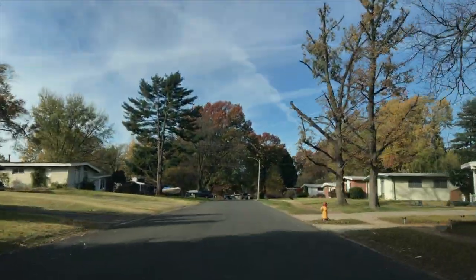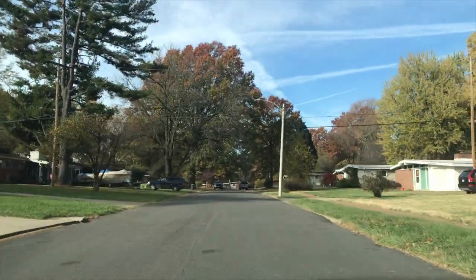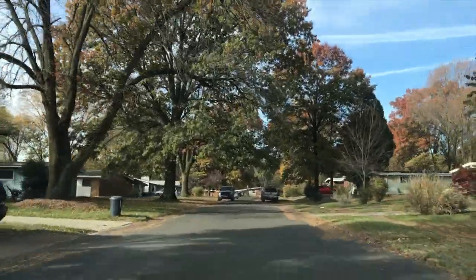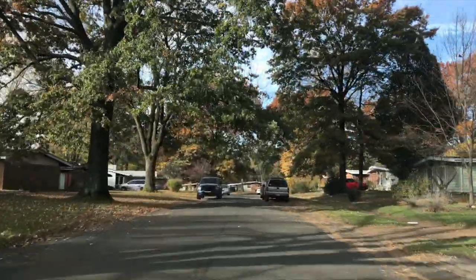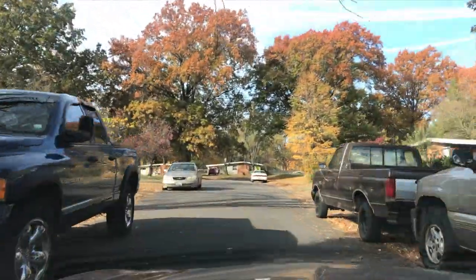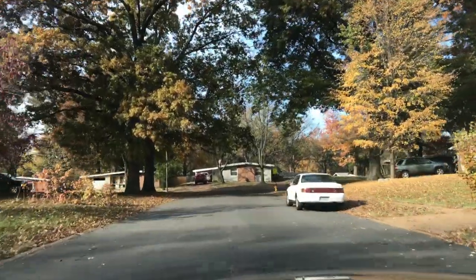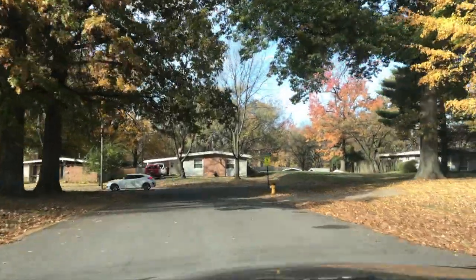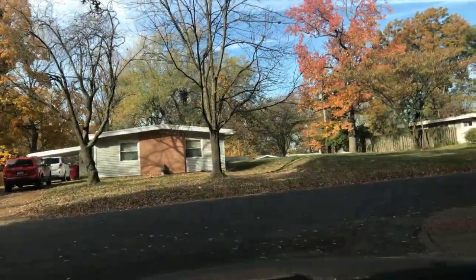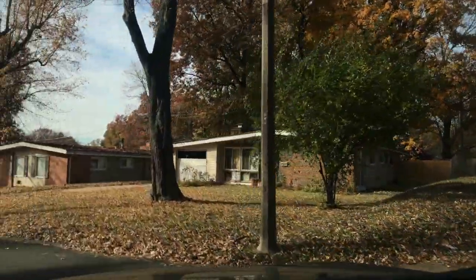So whenever you're driving around, some of the things that you're going to look for are high grass. You're going to look for code violations, stickers on the doors, and other signs of just clear, obvious vacancy. You want properties that are vacant or abandoned because those ones the homeowners are more likely to sell. Whenever they live at the property, it's not going to be as easy for you to get a deal out of that. So when you're driving around, here's one for example,